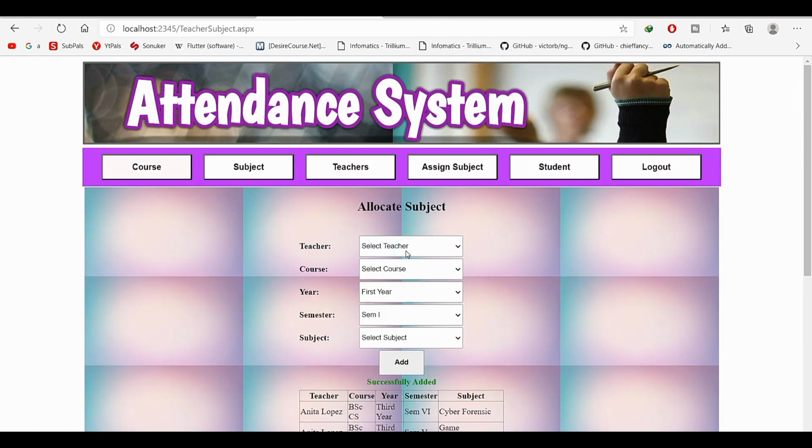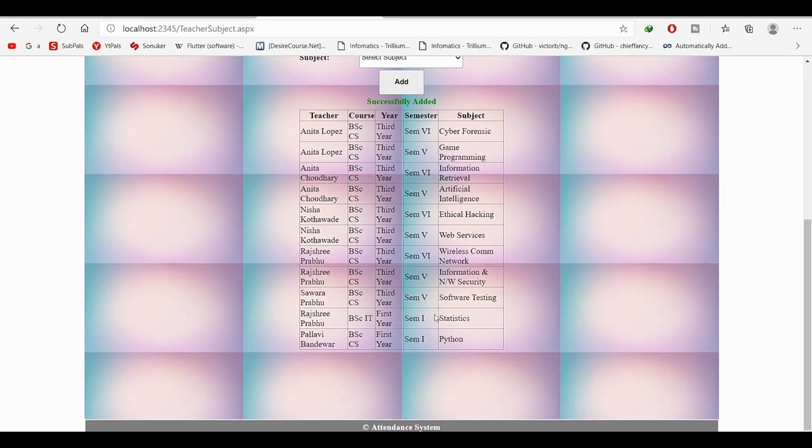Click on add. Successfully added, and you can see the record has been reflected in the grid view.